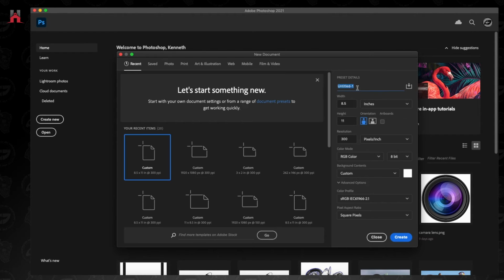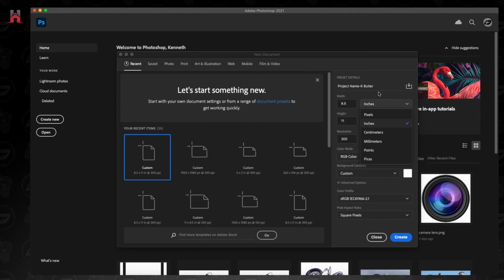As always, refrain from keeping the name of your documents untitled. Always title your document name as what it is. So if it's a movie poster, put movie poster. If it's a currency project, put currency. Okay, just make sure that you put the project name first, and then at least your first initial and last name. That way when I receive it, I can organize it a little bit easier, and when you go to save your content, it's easier to find on your computer or cloud service that you're using. So